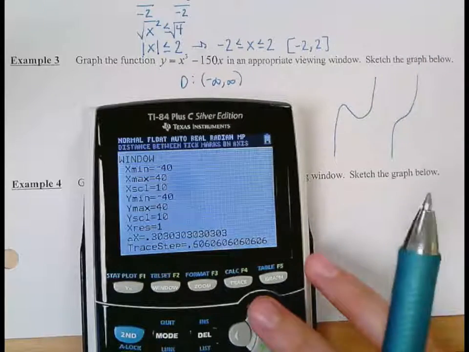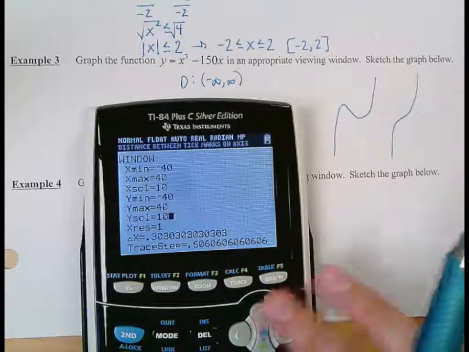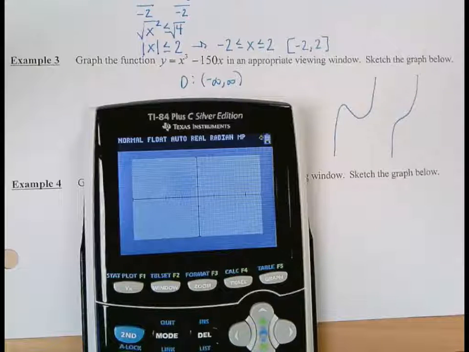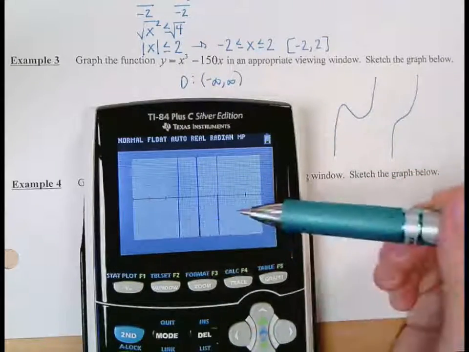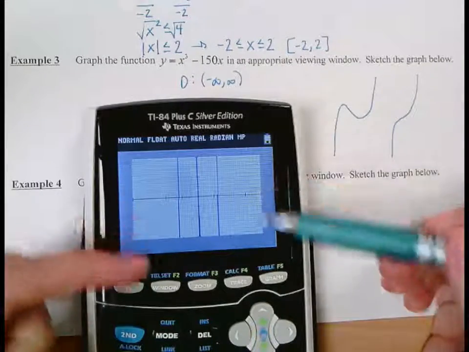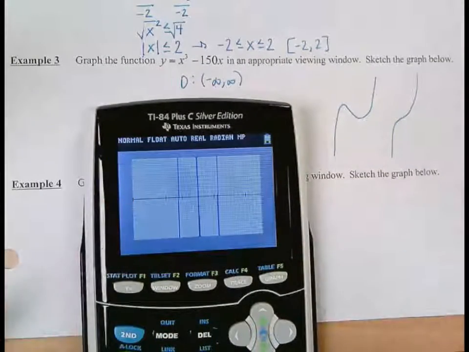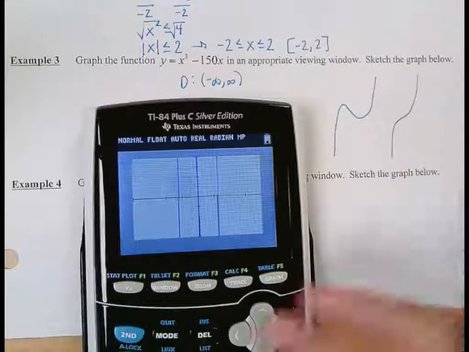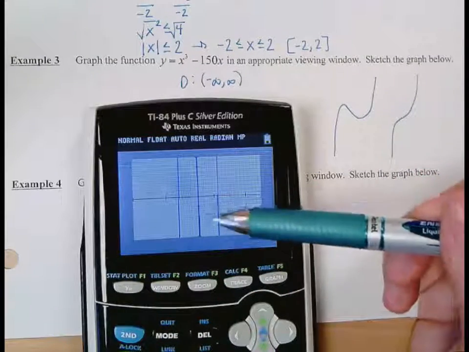But looking back at the graph, I'll just go back to this to explain so you can see my x and y axes look better. I don't need to change my x-axis at all. If anything, I could really move in. I'm seeing extra that I don't need to see. But if I leave it at -40 to 40, that's what it defaulted to, that's okay. I still need to